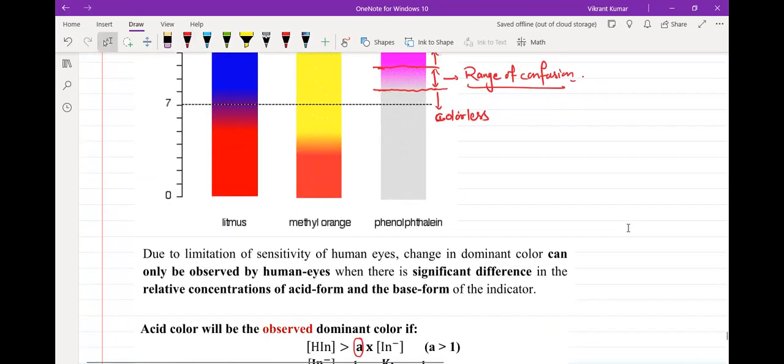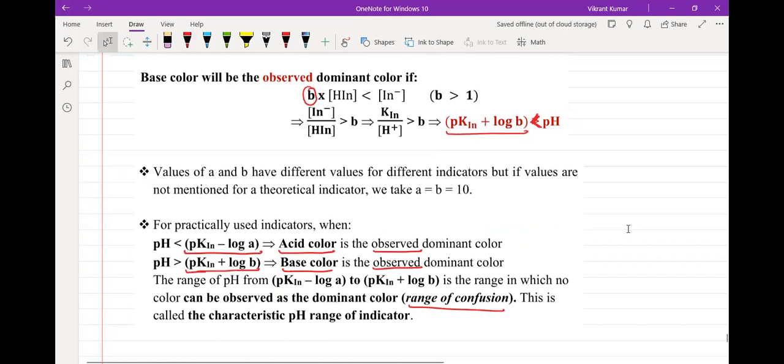Is it okay? And that's why ये जो रेंज है ना, इसी रेंज को कहा जाता है the characteristic pH range of indicator. What does it mean? इसके लोअर लिमिट से नीचे we will be able to observe the dominant acid color, and इसके अपर लिमिट से ऊपर will be able to observe the base color as dominant color. Is it okay? So if I say, for example, if I say pH range for